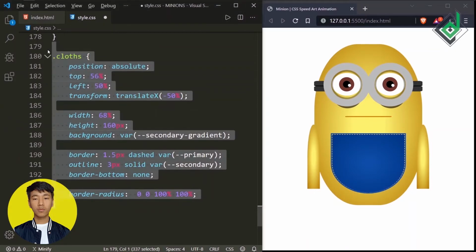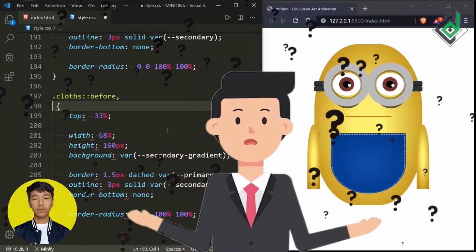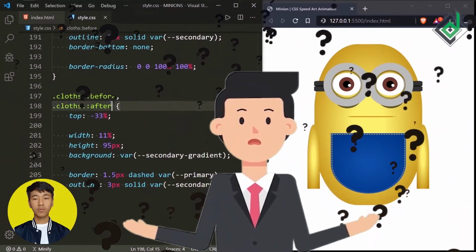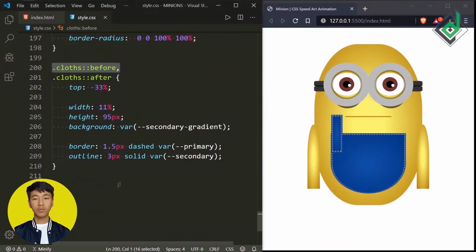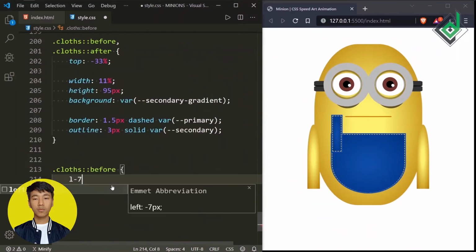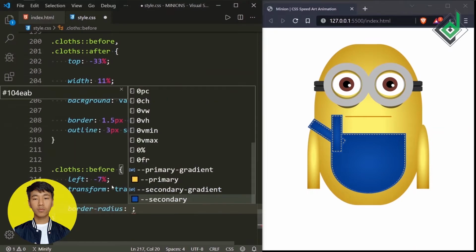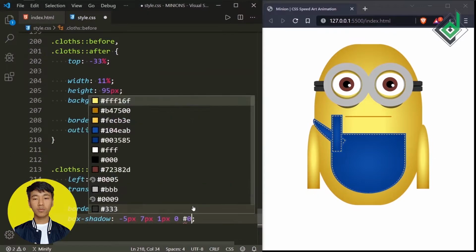So now it's time to create the, I don't know what it is called, like I will say that's a thread. Okay, let's create that thread. So both the left and right, they are at the same position. First of all, let's style the left one. Okay, and let's rotate it, and also let's give some shadow so that it will give a kind of 3D effect.